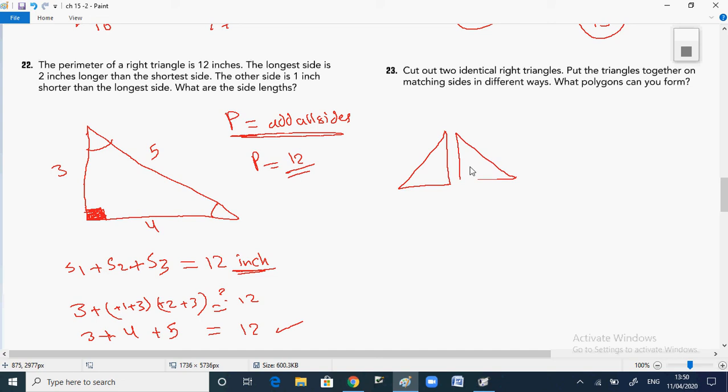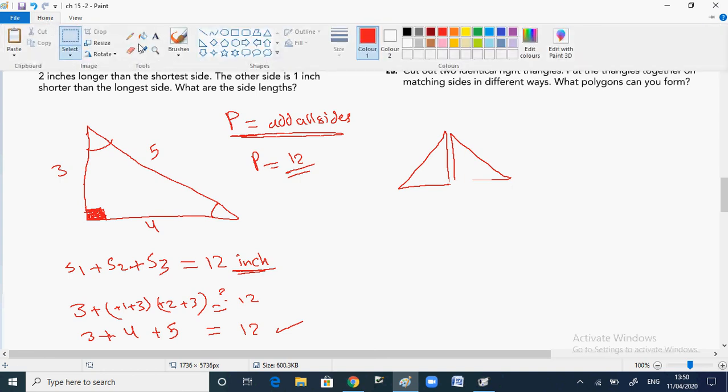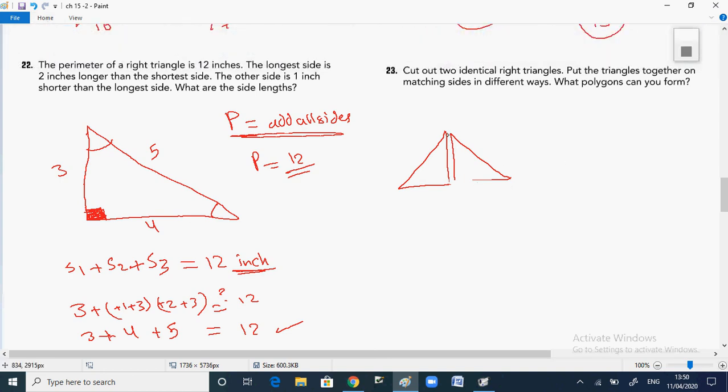Look, when I put them together, maybe they will make a different shape, or we will get another new triangle. Look, when I connect them together, I will get a triangle. Okay, now